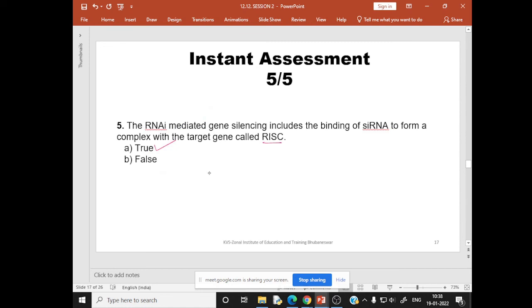So what is the correct one? The RNAi-mediated gene silencing includes the binding of siRNA to form a complex with the target gene called RISC. Okay, so instead of siRNA we should have double-stranded RNA, dsRNA. Okay,